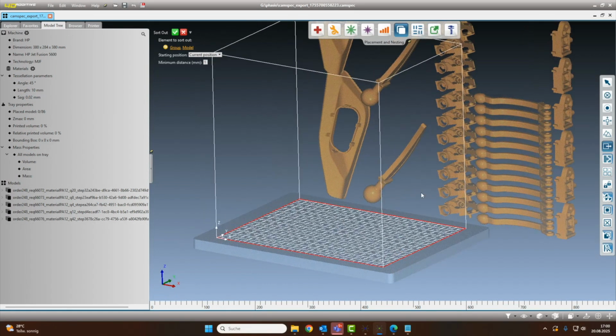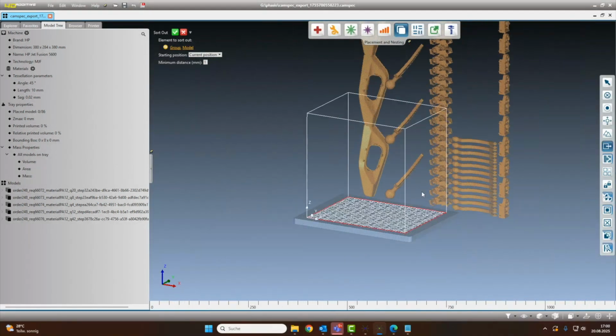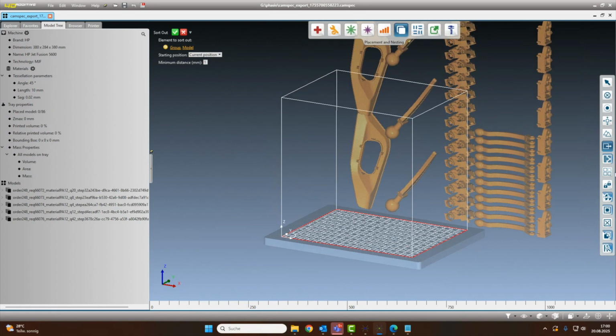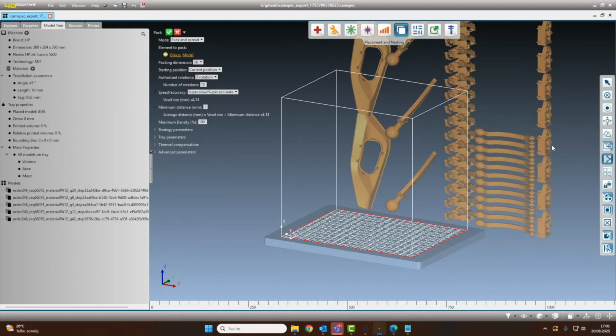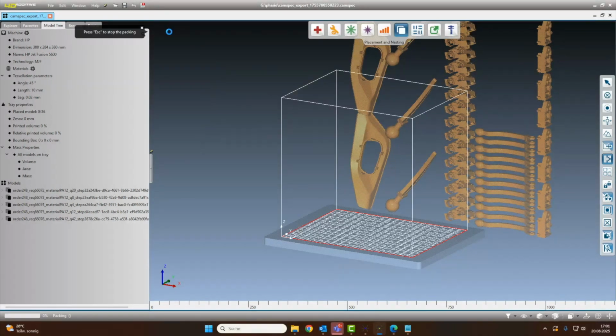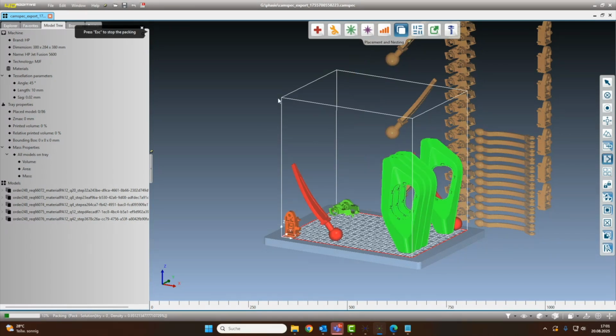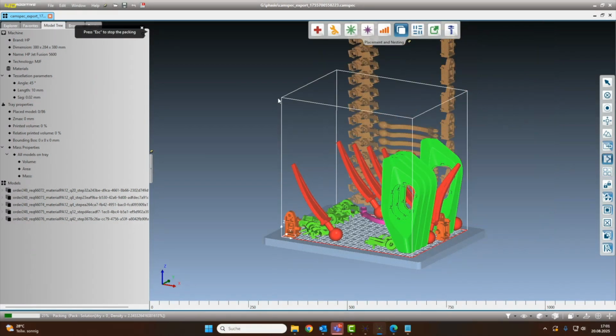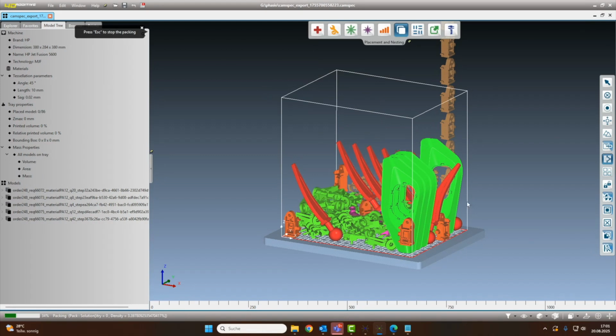You have all the files with the orientation, and this orientation has also been specified in the CamSpec file, the quantities. Then you just have to sort it out and hit on pack, and then you can edit your nesting parameters in order to get the exact packing you want. Now we see the parts being put in the build space of the machine by an automatic nesting process,